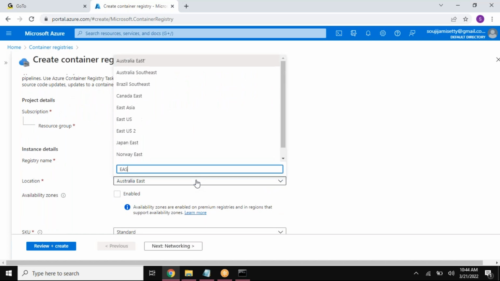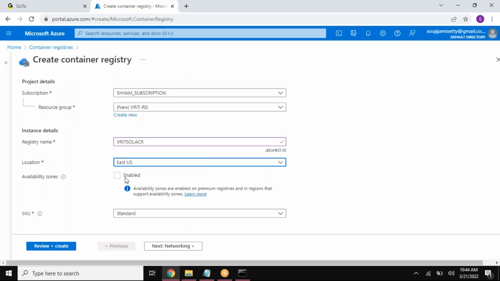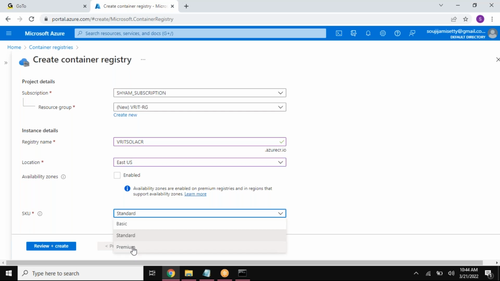And as usual, East US is the region I would like to go with. Availability zones, I don't want to go with many availability zones here. Backup can be available only when you choose your SKU equal to premium. When you go with the premium level, then only the backup will be enabled, your insights and the monitoring of your logs will be enabled. Everything will be based upon premium here. Generally in real-time it will be premium only, but for now I would like to go with the normal mode,